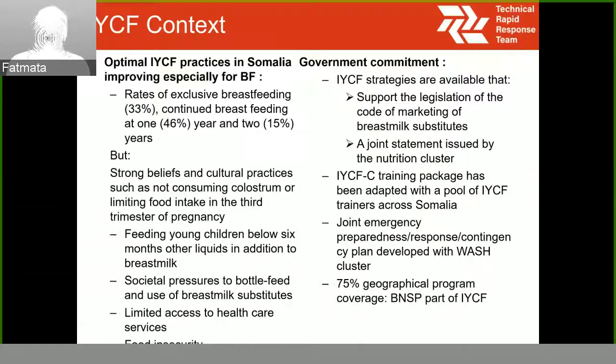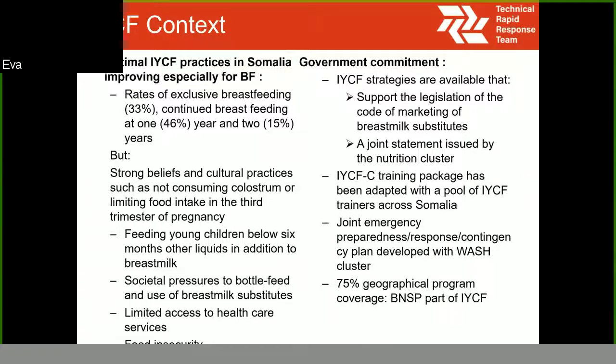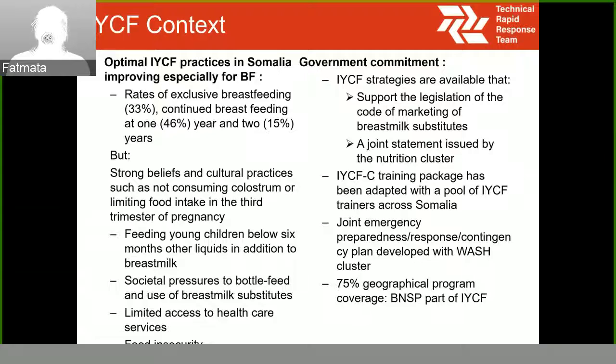Additionally, an infant and young child feeding training package, the UNICEF community-based package, has been adapted to the Somalia context, and we have a pool of IYCF trainers across Somalia who have already commenced training of key focal points at ministry level, worker level, as well as NGO level.